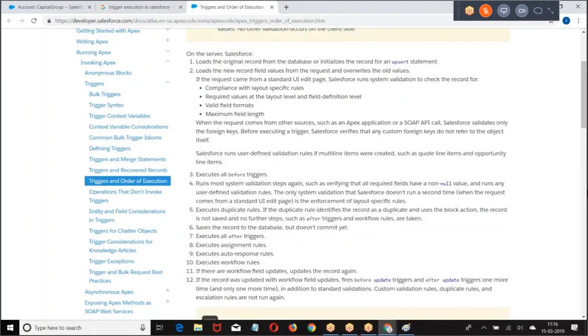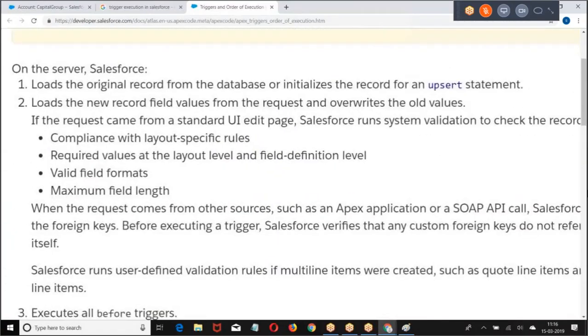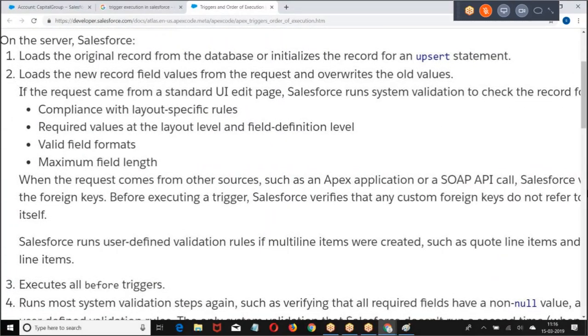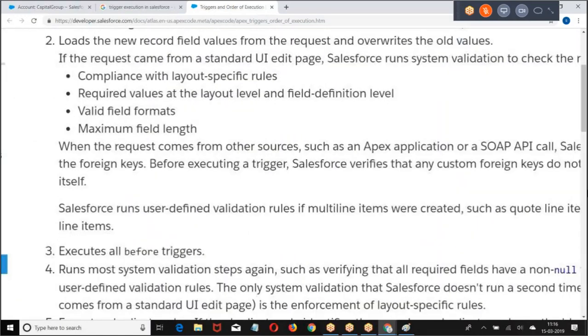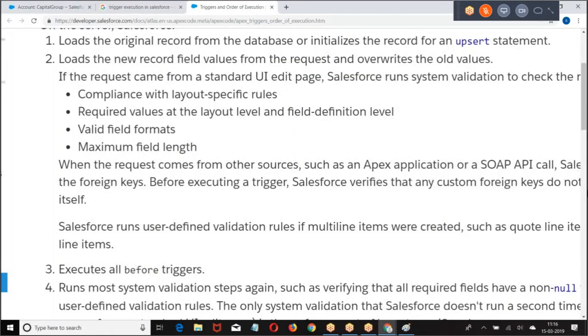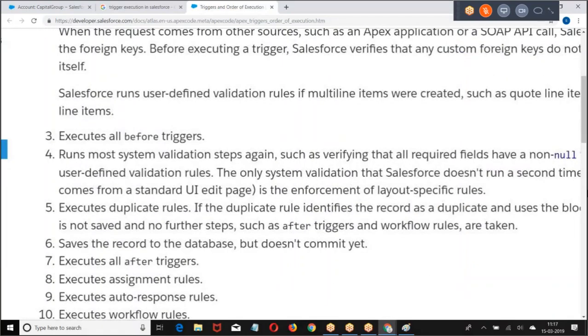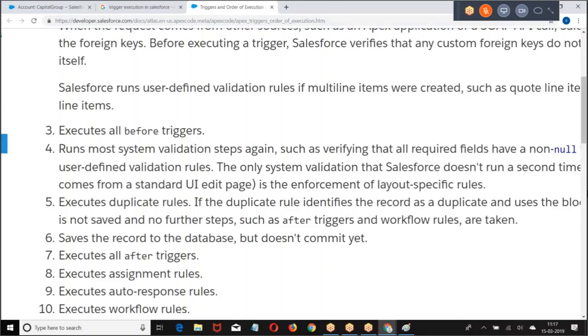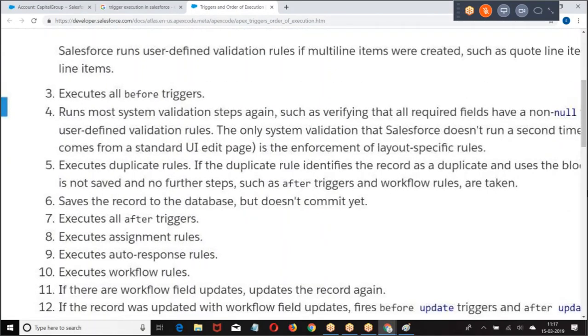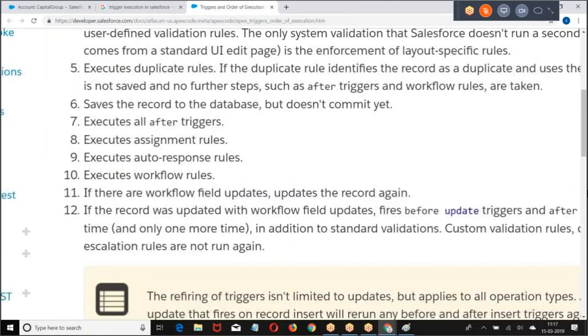First, fetch the record, then check the validation rules. First the system validation rules. What are the system validation rules? Required fields are entered or not, data type is matching or not. This is system validation. First fetch the data, check the system validation rules, check the custom validation rules, then go for before triggers, again check the validation rules, then check the duplicate rules, then save the record, after triggers,